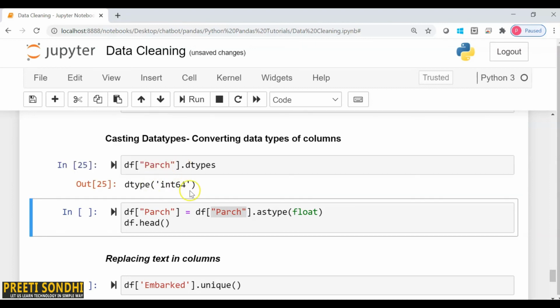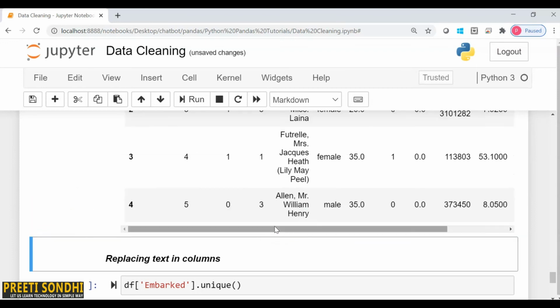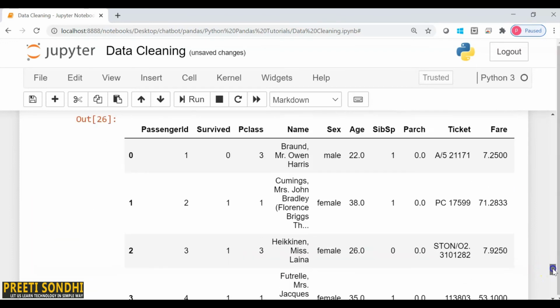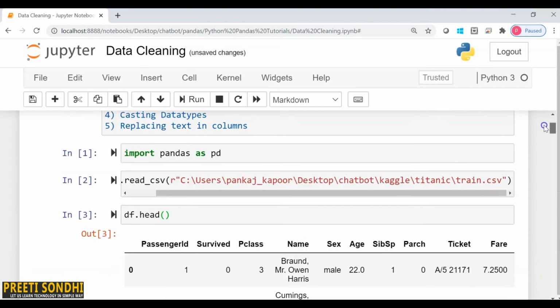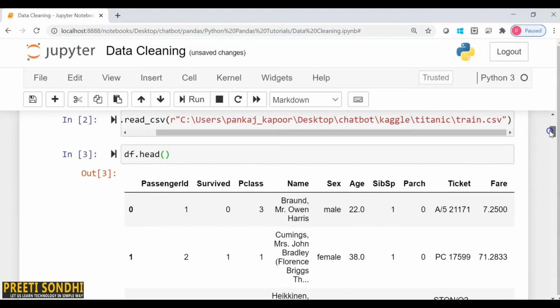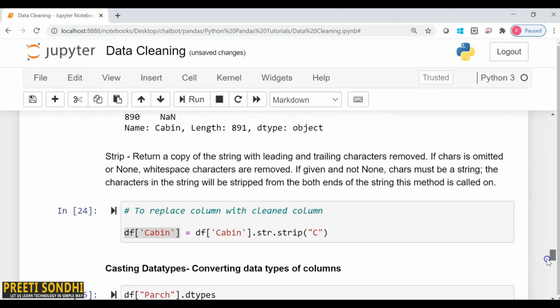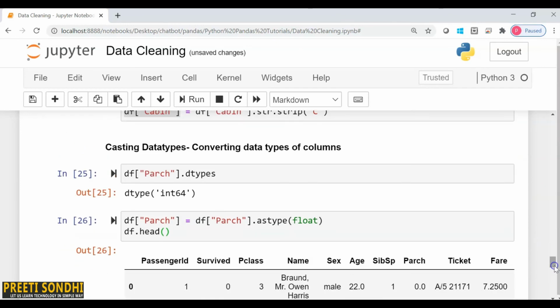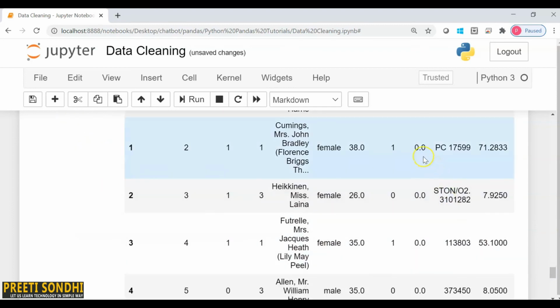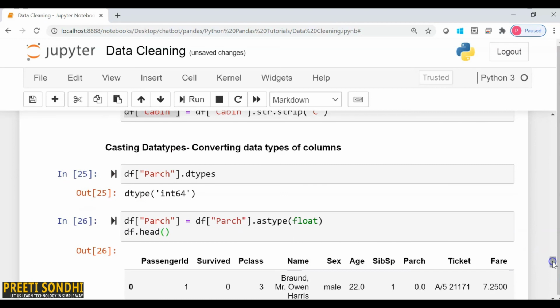It's basically integer, and I want to convert this integer value into float. It's very simple. We can use astype, and within this I can provide float. If you see the initial values for Parch, all the values are integer. Now it is returning me float values. Similarly, we can convert string into integer, or integer into string if you want.